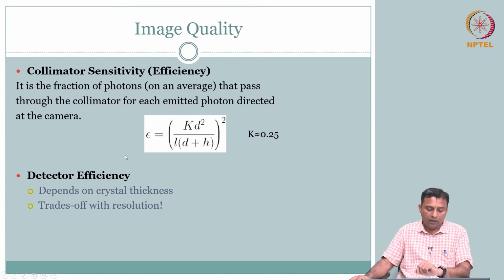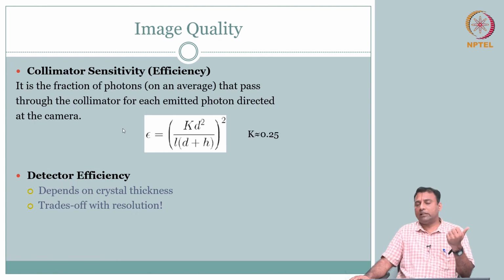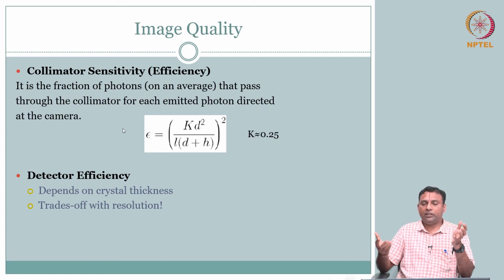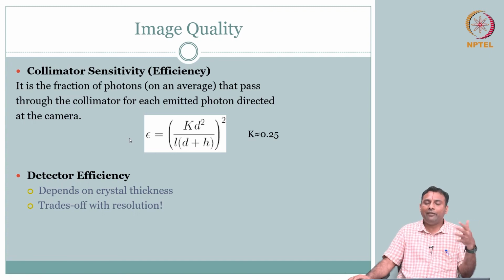Okay, so much for image quality with respect to resolution and detector efficiency. Of course, we need to talk about noise. If we talk about noise, we talk about signal to noise ratio. When we talk about signal to noise ratio, we need to talk, more importantly, about the contrast. But here, as you would notice, nothing much has changed. You get n photons, only thing is it is in the gamma energy range. So the photons arriving at the detector have the same Poisson statistics. So in some sense, the signal to noise ratio, in one detector if you will, is going to be mean divided by standard deviation.